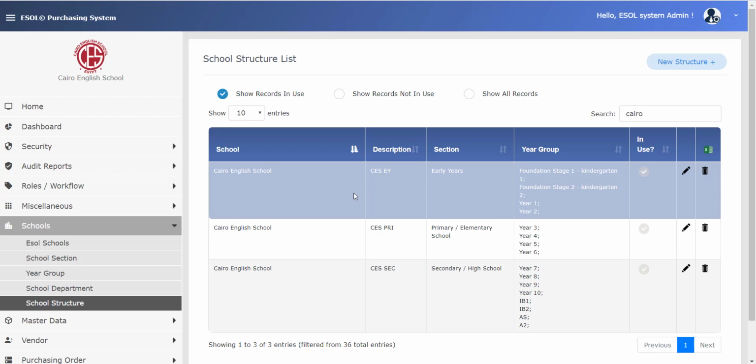We will be discussing later when we display the order and how it's placed within the system, and you will see that on multiple school levels, there is no conflict because, as we discussed, it will show per